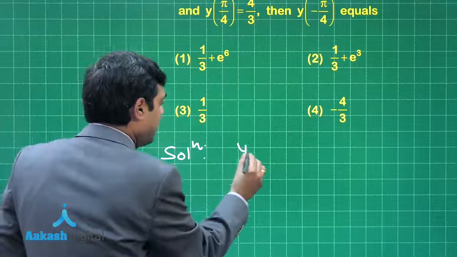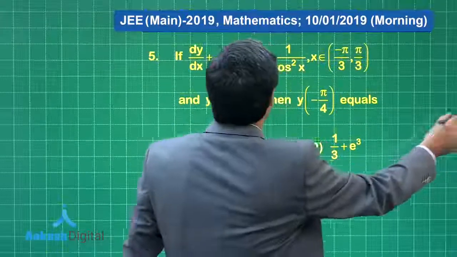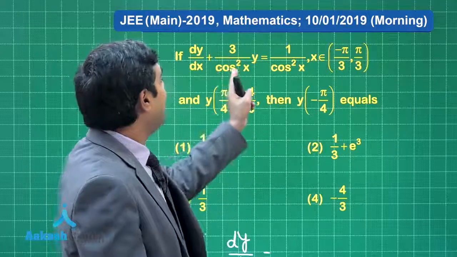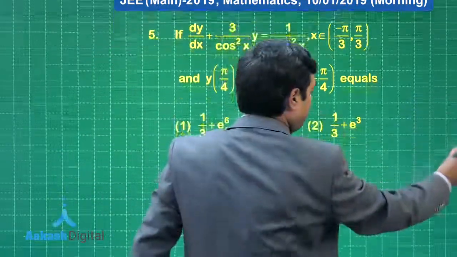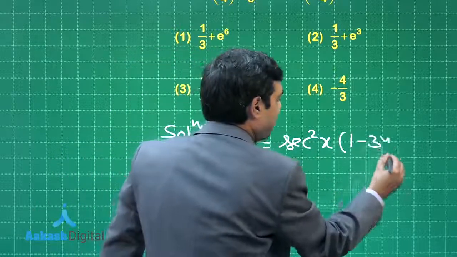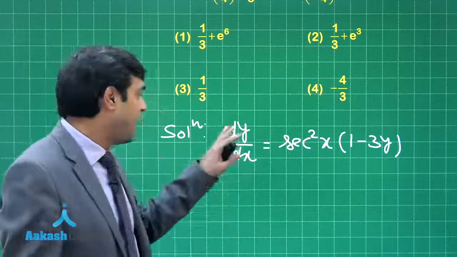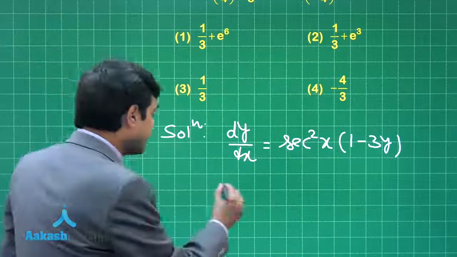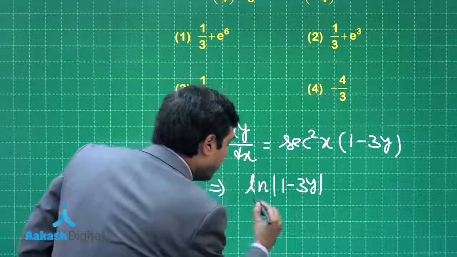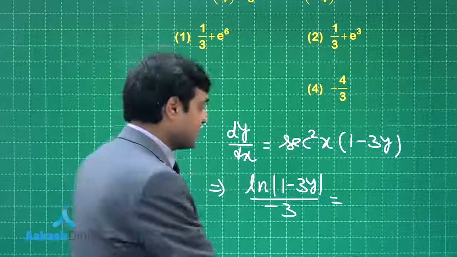It says dy by dx is equal to, taking this term on the right hand side, we can see 1 by cos square x, that is sec square x, is common, and we are left with 1 minus 3y. So sec square x into 1 minus 3y. Just cross multiply the term of y towards dy and term of x with dx. We have dy upon 1 minus 3y. This gives us log mod 1 minus 3y divided by minus 3 is equal to integral of sec square x, that is tan x